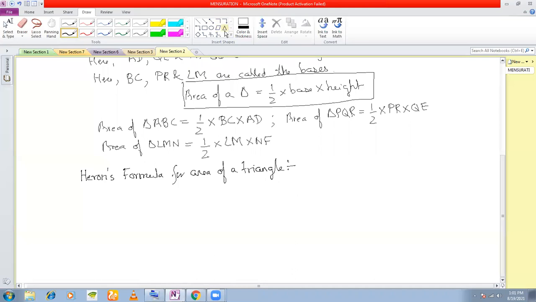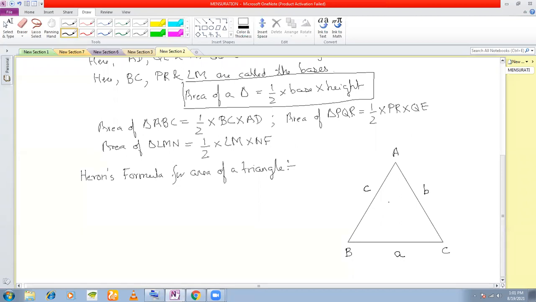Okay, so if you have a triangle ABC, and if I say let the length of the side AB be C, let the length of the side BC be A, and let the length of the side AC be B. Okay, this is the conventional way of representing the